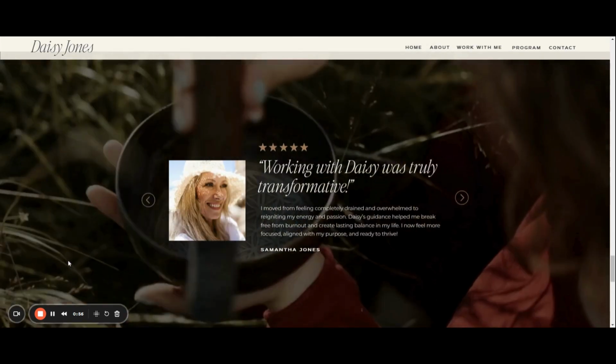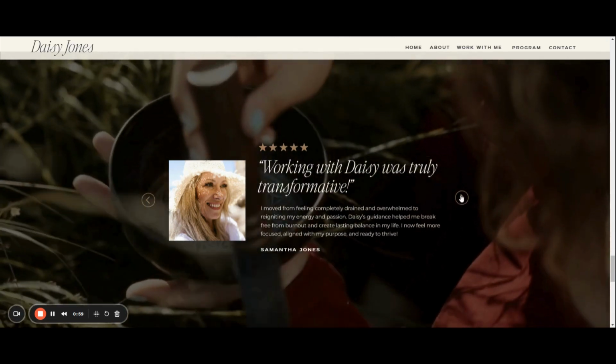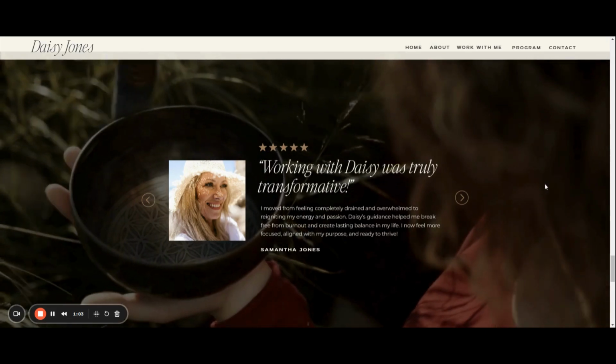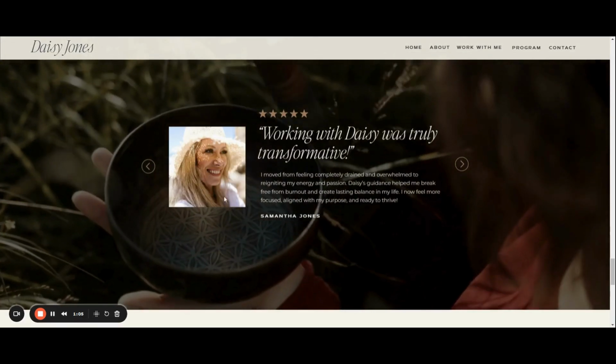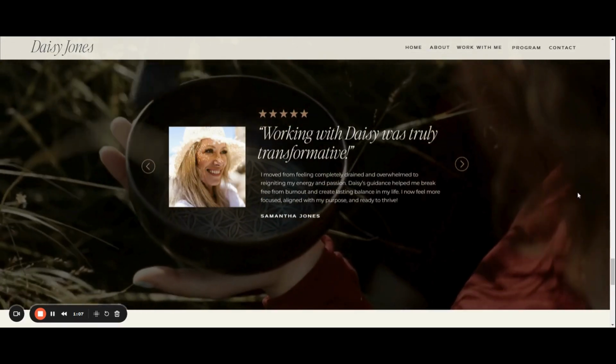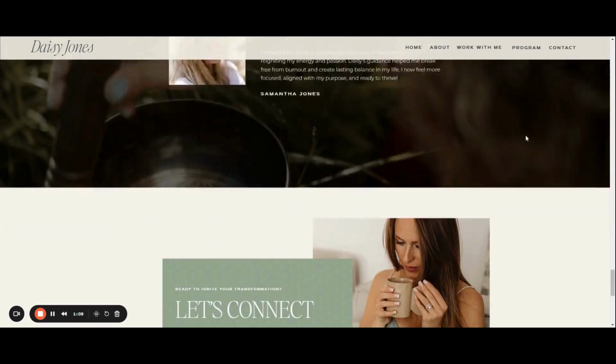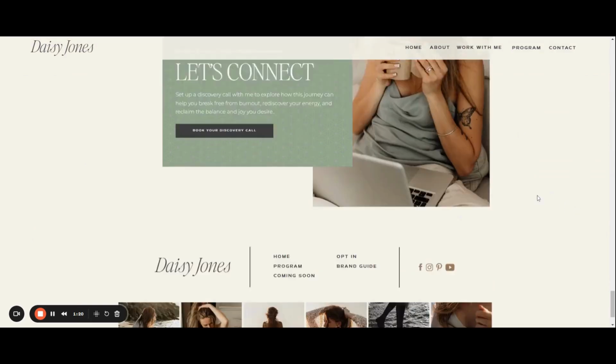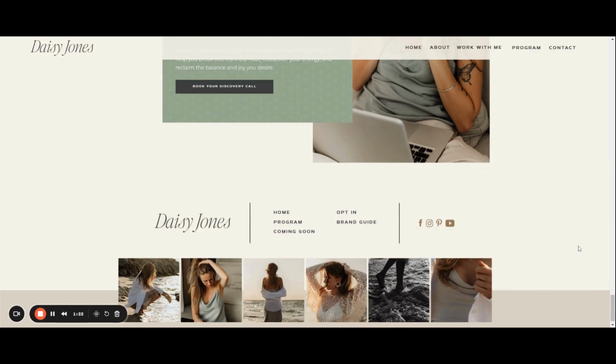It has a testimonial section, which is a slider. So it's added 3 testimonials in here. This is the picture and text testimonial template. And then down here at the bottom, book a discovery call. This could easily link off to any sort of booking site that you have going. Down here in the footer, let's go have a look at the